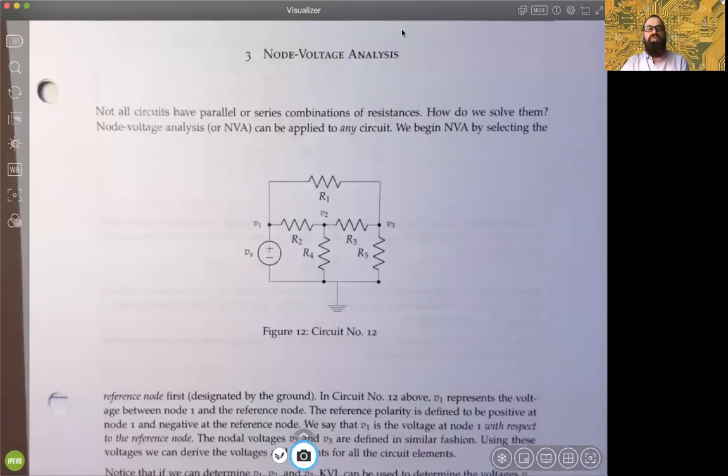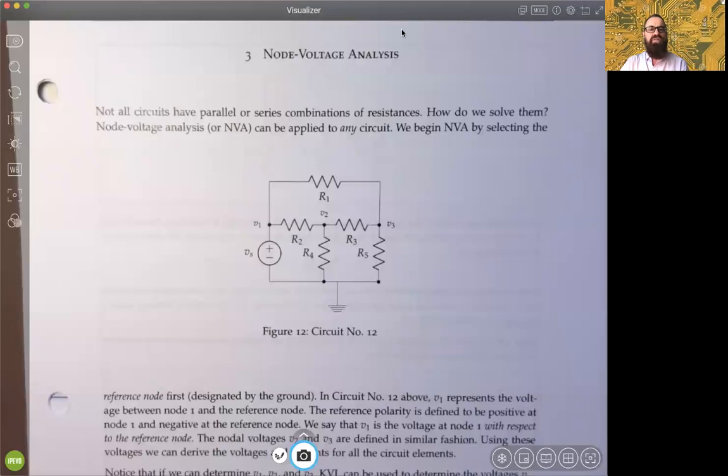In chapter 3, we cover node voltage analysis. And the important concept here is that where we have been exploiting resistances in series and parallel before to reduce the complexity, exploiting the fact that we can distribute currents and voltage using our division principles appropriately to help resolve those various voltages and currents at all the different resistances is nice, but it's not possible sometimes for some circuits